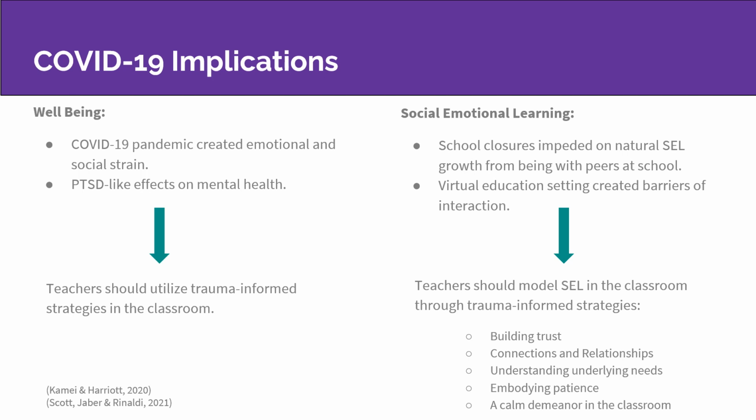Social emotional learning has been affected by the school closures that came from the pandemic. There is a natural SEL growth that comes from being with peers and authority figures at school, which has suffered from the school closures. The virtual education model that was required during the health crisis created significant barriers of interaction for students. Simply put, all people, children and adults alike, were isolated and experienced a setback in social skills and